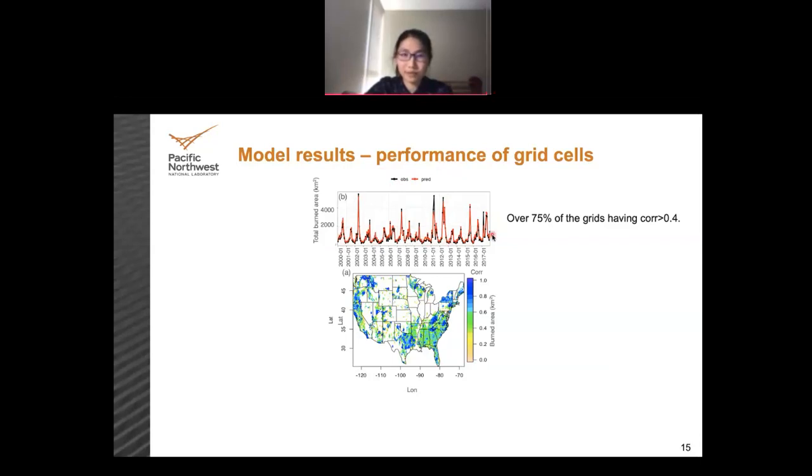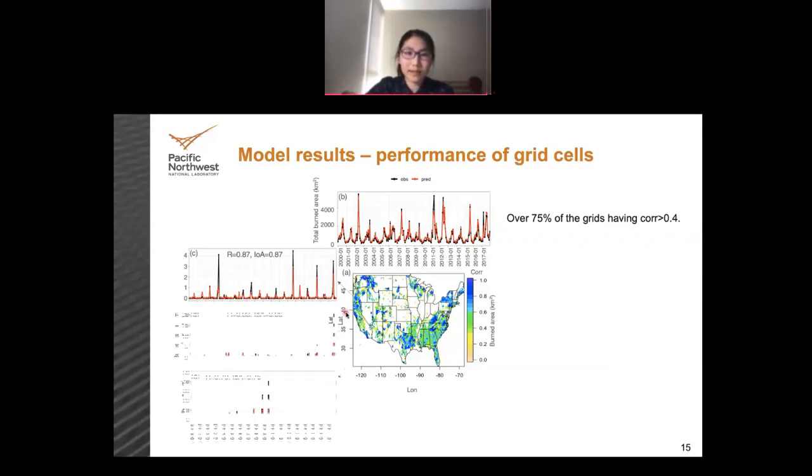We see that our model has a good performance in general. Then we also check whether our model still does a good job for each single grid. So we select several grids in the Western US, one in Oregon, one in Northern California, and one in Southern California. We see that generally the model can capture the temporal variability pretty well, especially the peaks over here, but still for these peaks, it underestimates them quite a lot.